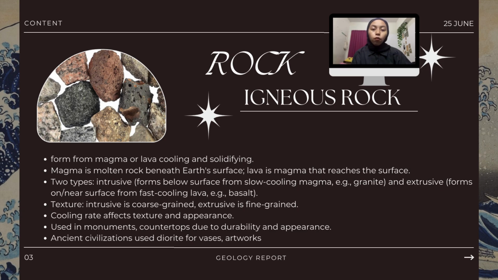Extrusive rocks form on or near the surface from rapidly cooling lava, resulting in a fine grain texture like basalt. The cooling rate determines the texture and appearance of this rock. Due to their durability and attractive appearance, igneous rocks are commonly used in building monuments and countertops. Moreover, diorite was widely utilized by ancient civilizations for crafting vases and other decorative artworks, and it continues to be